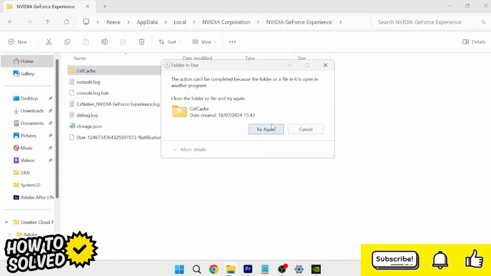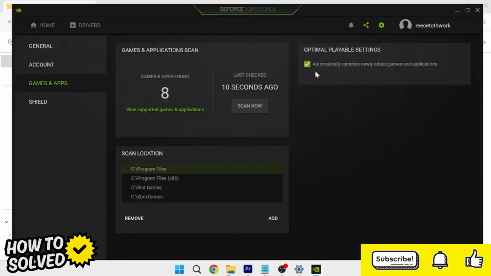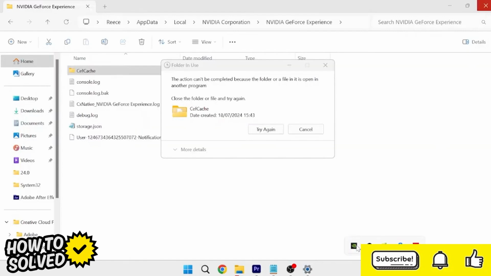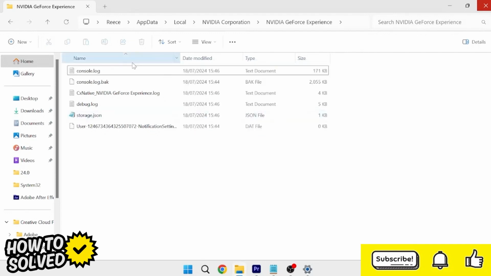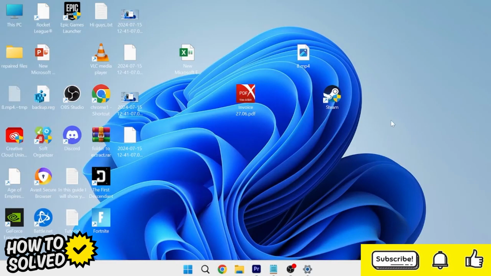Now in order to delete this folder, you'll need to close down GeForce first. So let me just close down the application here, and you'll also need to close out of it from your taskbar. Once this application's been closed down, we can then press the try again button here, and as you can see, that's now successfully deleted the folder. The next thing you need to do is close out of here,